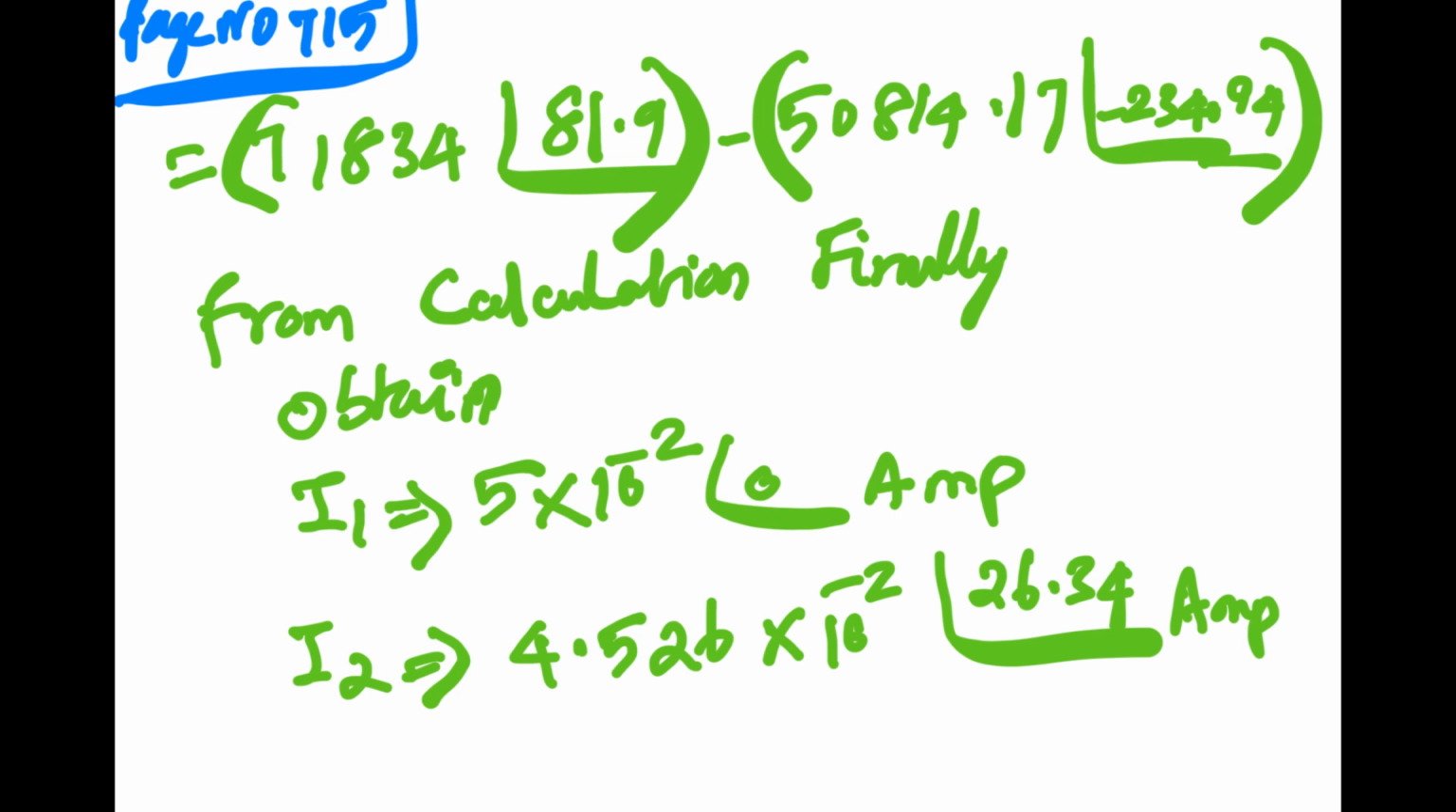From the calculation, finally we obtain I1 and I2 values. I1 is 5 into 10 power minus 2 angle of 0 ampere. I2 is 4.526 into 10 power minus 2 angle of 26.34 ampere. In this method,